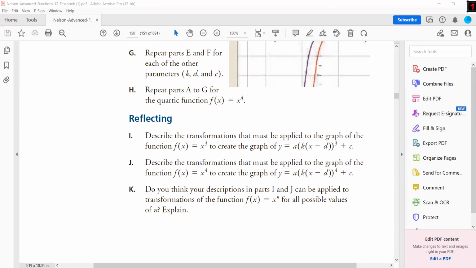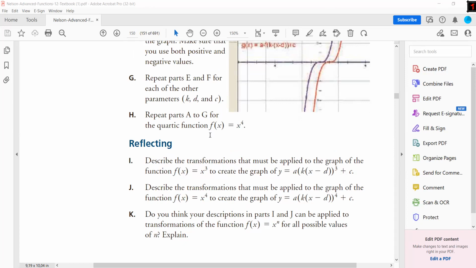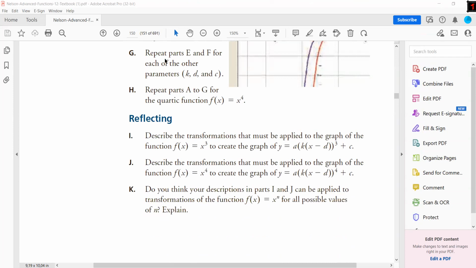So, Lorraine, any questions about transforming the quadratic and quadratic functions? Cubic and quintic functions? Okay,